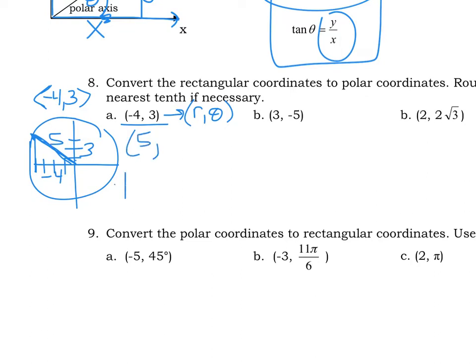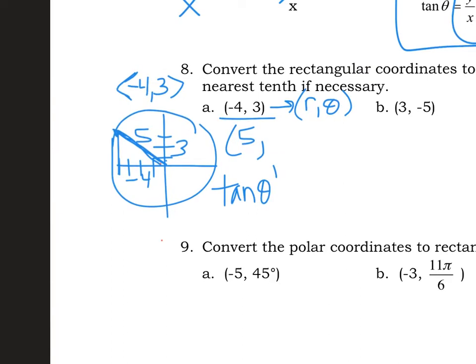To find theta, it's going to be tangent of theta prime, because we're actually finding, I like changing colors on this thing, it's kind of fun, we're actually finding this angle in here, which is theta prime. So if I want to find the tangent of theta prime, I'm going to do y over x, or you don't even have to memorize that. It's just opposite over adjacent, SOHCAHTOA. And then you go to your calculator and you take the tan inverse of 3 over -4, and it will give you a value of